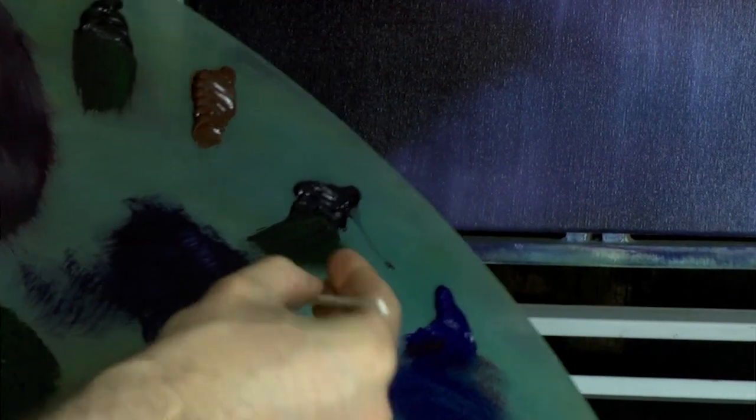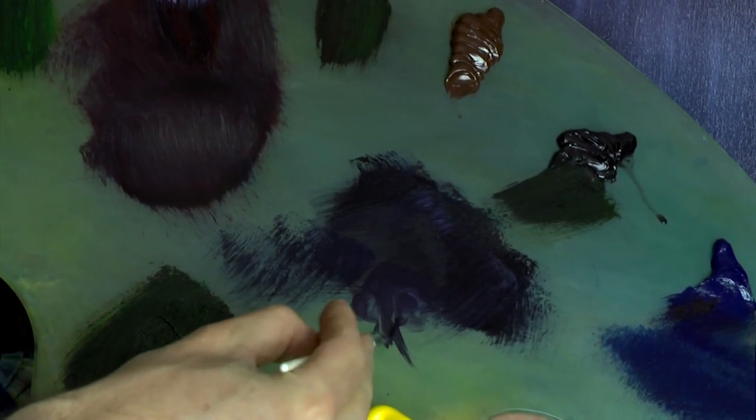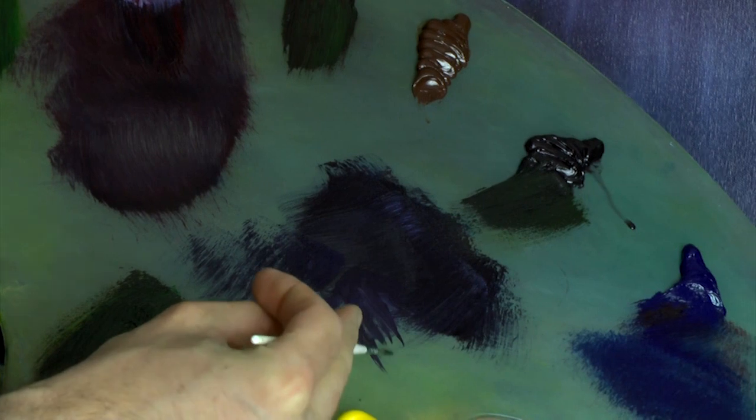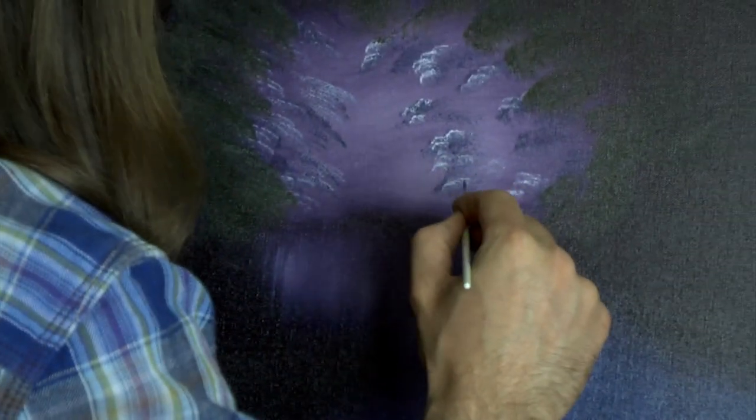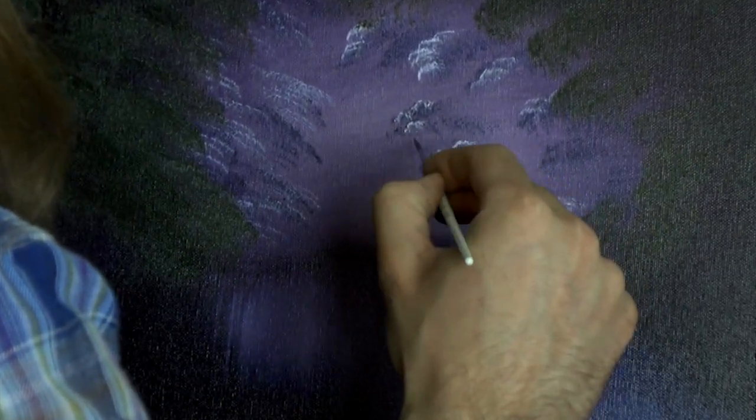And something else I've almost forgotten to do in my excitement of painting. I always do that. I rush into the painting and I forget little things. I'm like, oh, I've got to put that in. So I've got some paint thinner, a little bit of that dark colour on the liner, spinning my bristles so your paint's thin as ink. Then what I'm going to do is put in a few little tree trunks in here, little branches, add a little bit of detail,